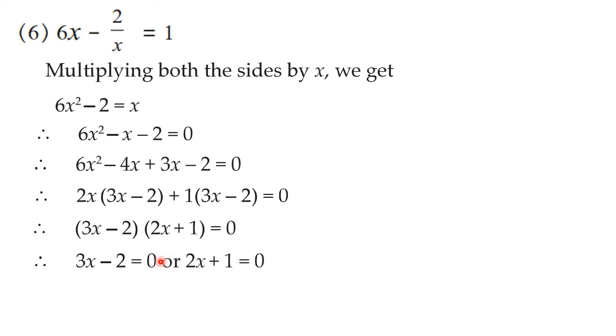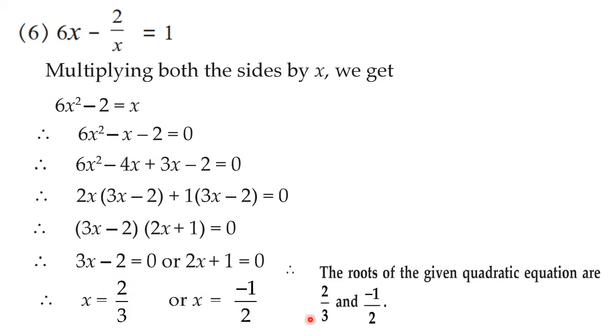And then the value of x is 2 upon 3. And here, if you shift this plus 1 to this side, it will become minus 1. And then the value of x will be minus 1 upon 2. Okay, so in this way, you got two roots. And finally, you have to write down the answer as a statement. That therefore, the roots of the given quadratic equation, or the solution of the given quadratic equation, is this. Okay. In this way, you should write the answer.